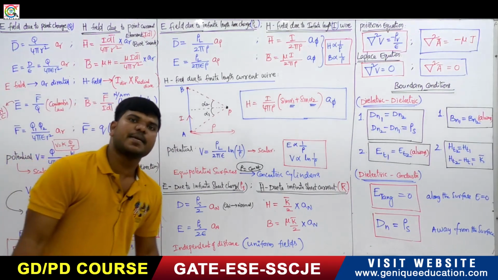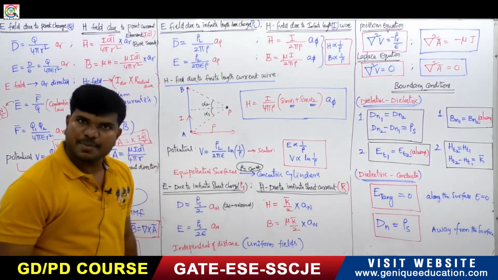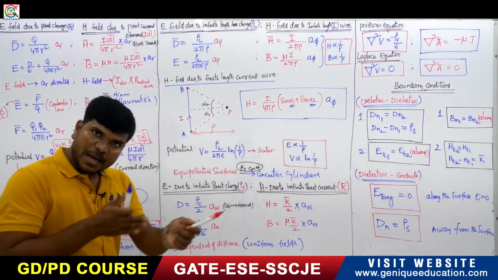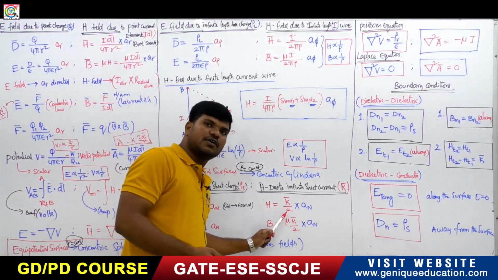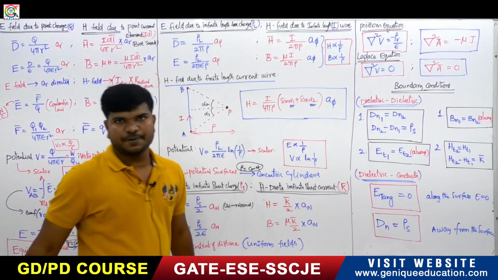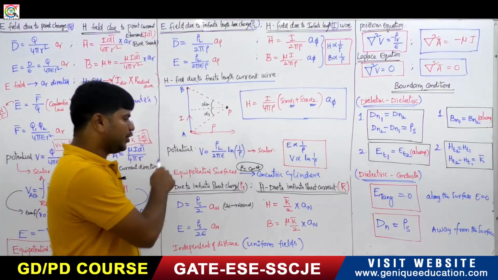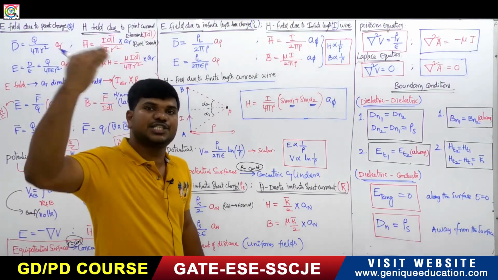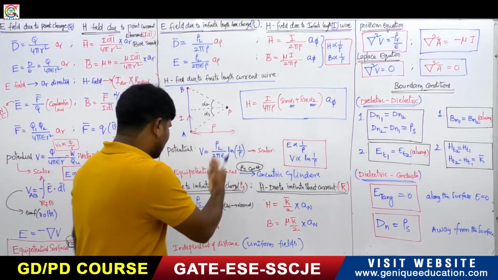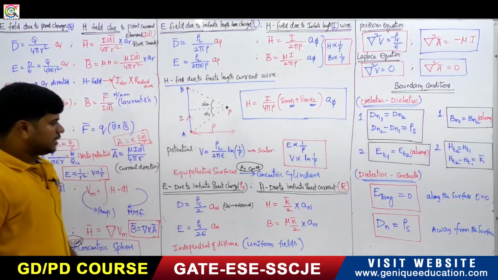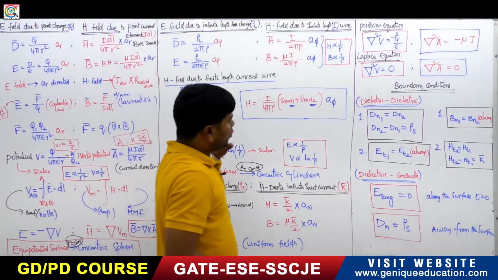Either electric field or magnetic field, they will be the same everywhere, and the electric flux lines here are parallel to each other. Here also the magnetic flux lines are parallel to each other. So this is the thing you have to identify when you come to uniform fields. Due to the infinite sheet charge, you will get uniform fields. So if you come to the next thing,